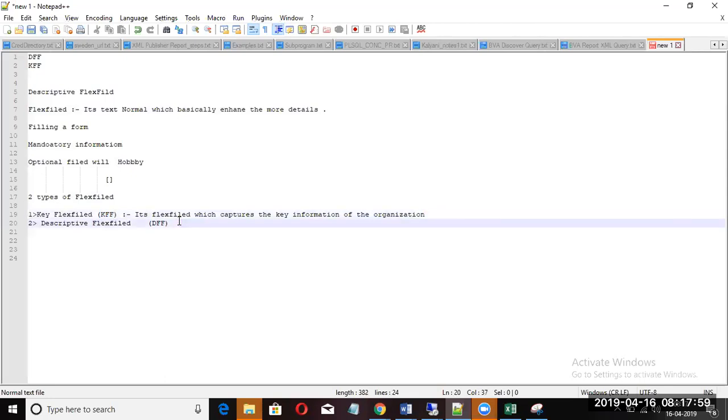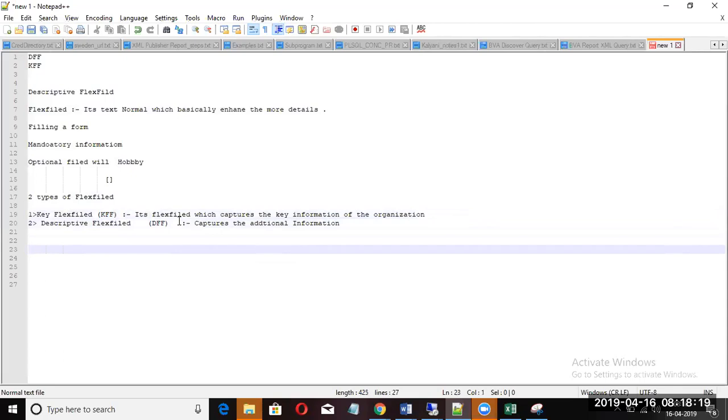Now what is a descriptive flex field? It's also a flex field which captures the additional information. Okay, now we understood these two. What is the meaning of key flex field? What is the meaning of descriptive flex field? Now